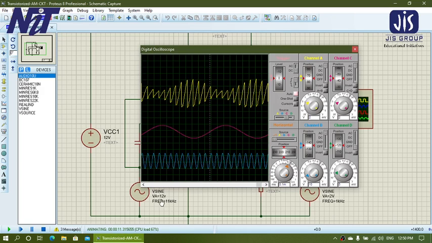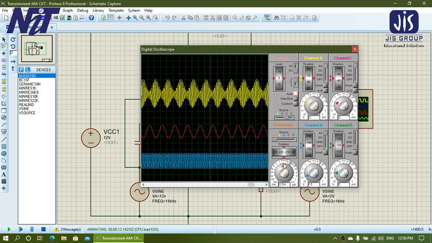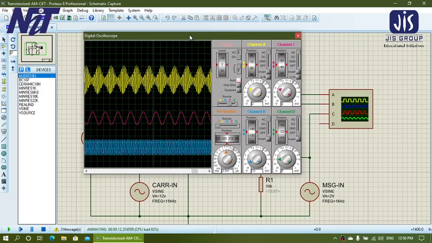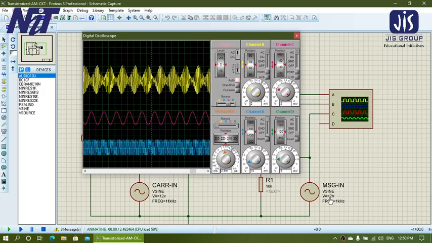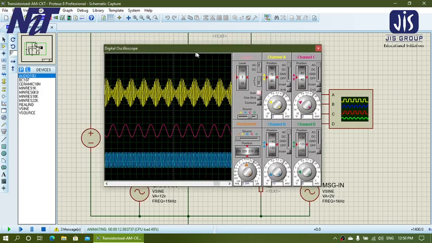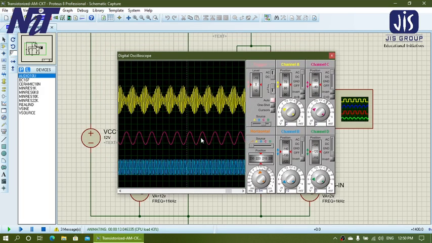So for 12 volt amplitude it will be a 4 volt peak to peak signal for your carrier, as well as if you would like to measure the message input, it is now set at 2 volt amplitude, so it will become 4 volt peak to peak.